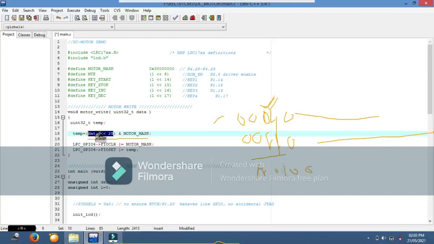So that temp you are setting. First we are clearing the motor mask, means we are clearing the pins.